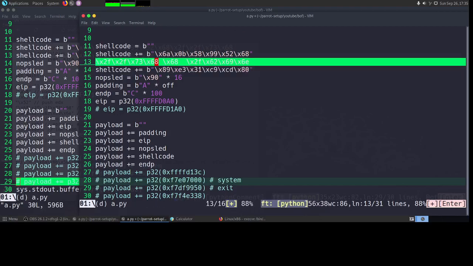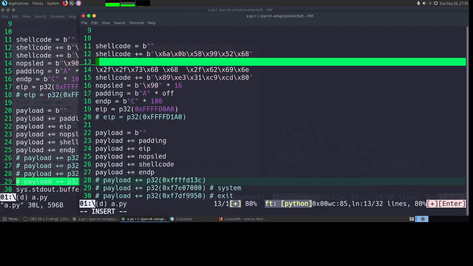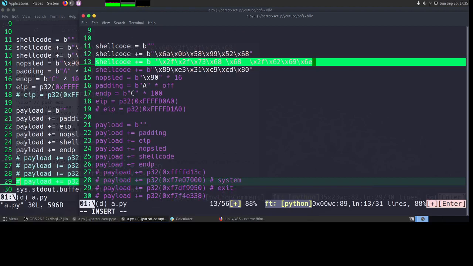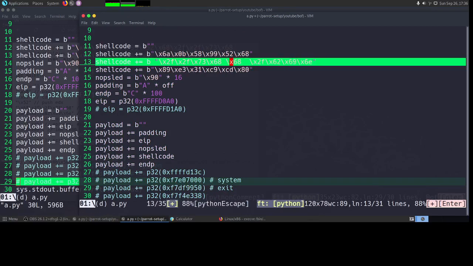So now I have divided my shellcode into 3 parts, where the second part, except this slash 68, is my slash bin slash sh. Okay, so what I want here is dot slash rea, dot slash re, real UID.